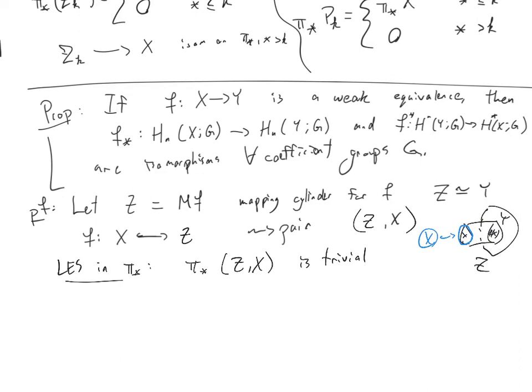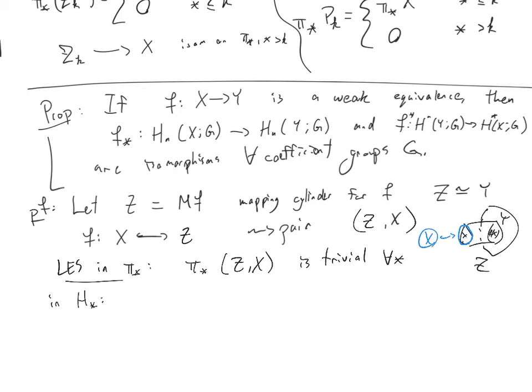All of these homotopy groups are trivial, in all degrees. And the long exact sequences in homology and cohomology relate the maps we care about, so just focusing on homology,